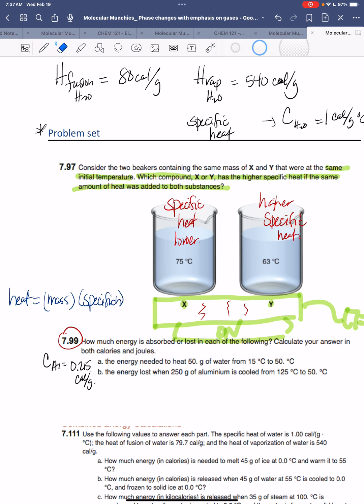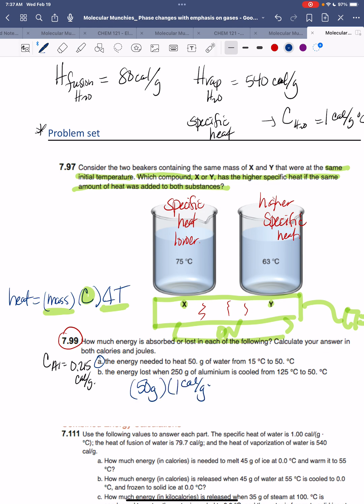I should write that better. Let's just write, I'm going to use C for specific heat, times the change in temperature. So basically, you're going to multiply those three things together. If you think about specific heat for water, it's 1 calorie per gram degree Celsius. So we need to have 1 gram and 1 degree Celsius, and so that calculation makes a little bit of sense. So for A, we're going to take our 50 grams of water, we're going to multiply it by 1